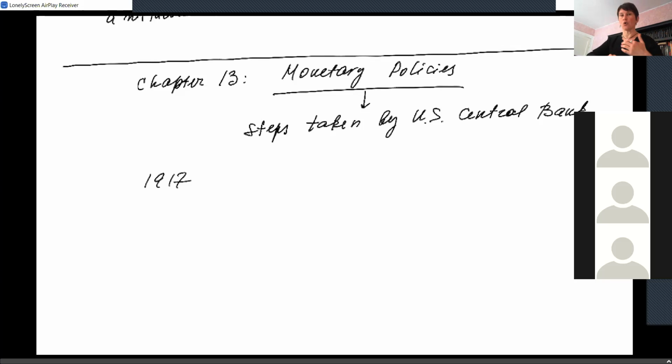Okay, banks go bankrupt, people lose their money. 1850, 1870, 1890, and after 1890 we would have a bank panic almost every 5 years. So by the time we hit 1913,